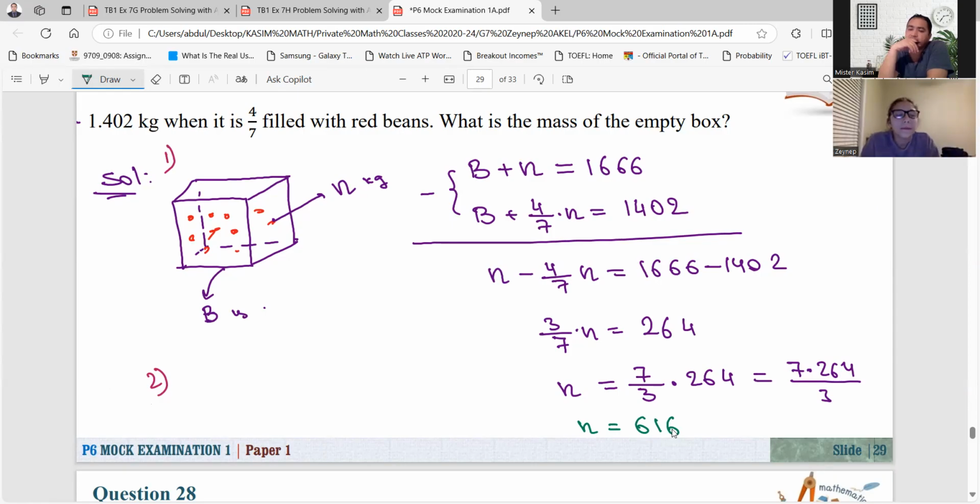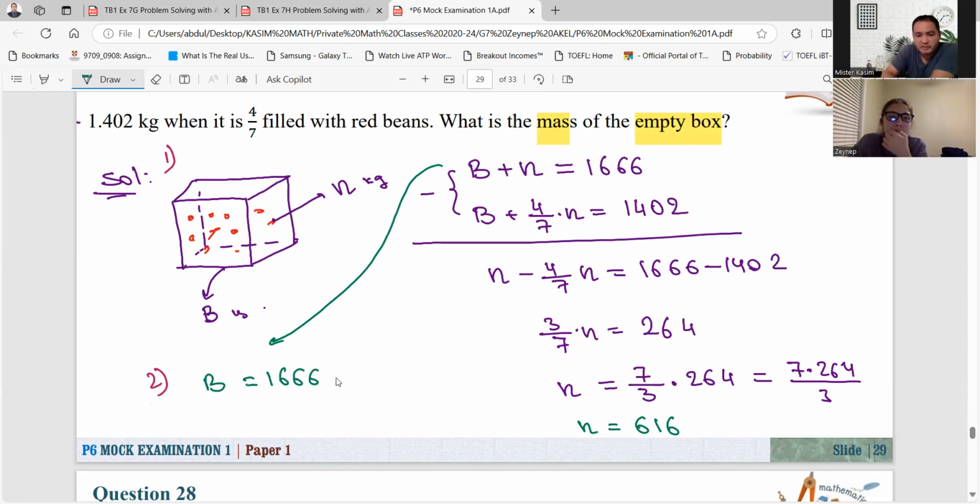616. Yes. So what is N? It is the mass of the red beans, right? The question is asking what is the mass of the empty box. So we have to find the empty box, which is B. Using the first equation, B is equal to 1666